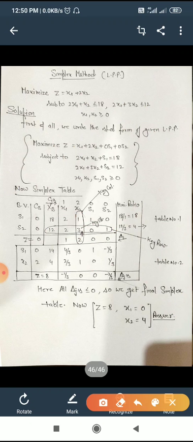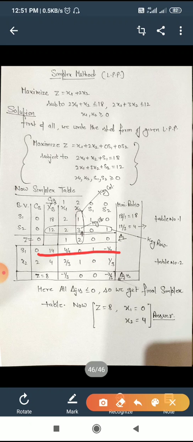So old minus new. Here the opposite element in the key column is 1 and in the new row is 1, so we cannot multiply any numerical value in the new row. We directly subtract: 18 minus 4 becomes 14, 2 minus 2 by 3 is 4 by 3, similarly 1 minus 1 is 0, 1 minus 0 is 1, and 0 minus 1 upon 3 is minus 1 upon 3. So now we find these rows.